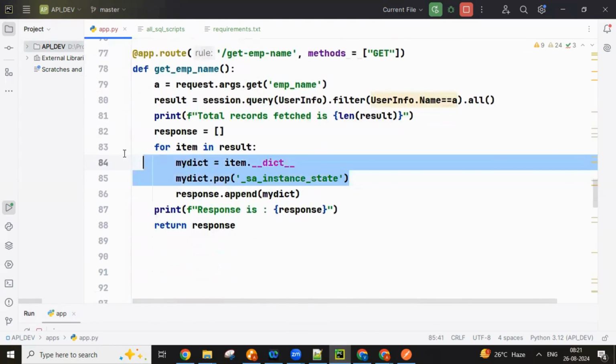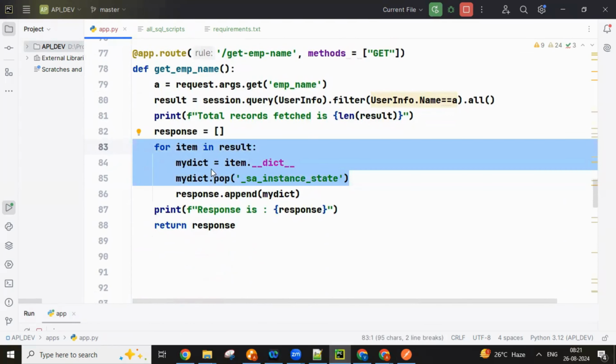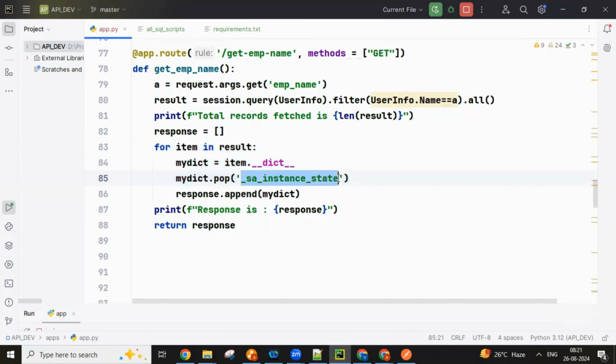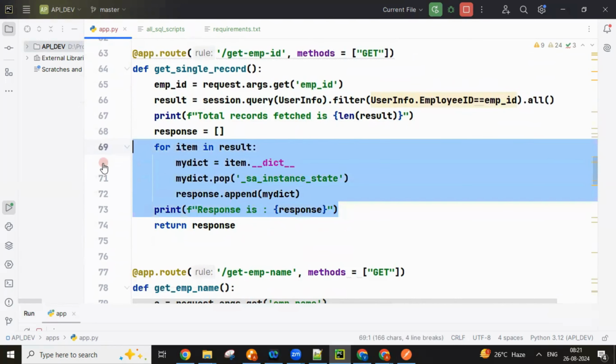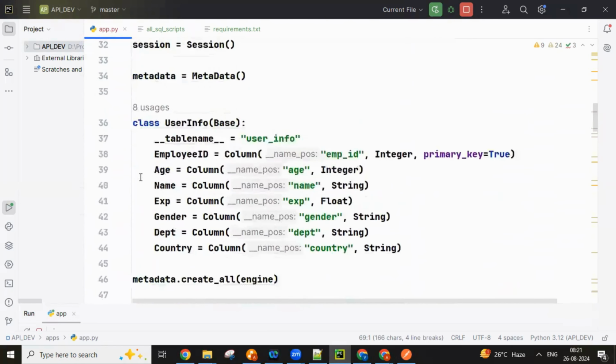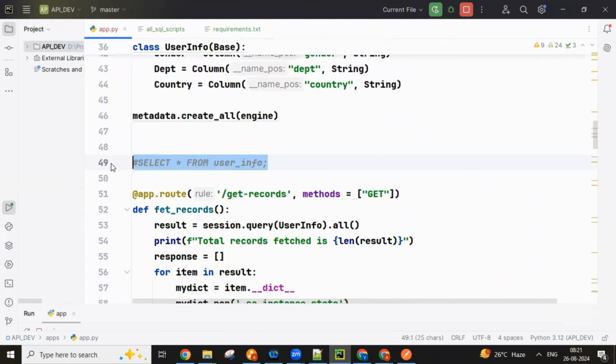So what we can do is have a separate function to do this operation, to remove this and pop out this specific data, so that your function looks very neat. You got it? So I'll be writing a helper function,